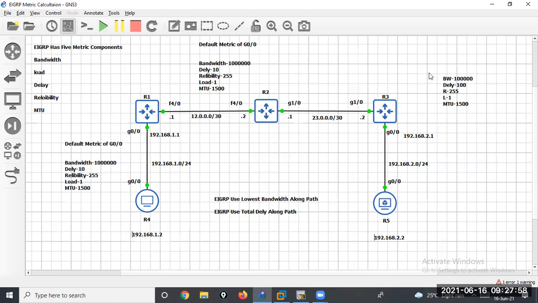See, when R3 receives that network, again it will compare the bandwidth. R3 receives the 192.1.1 network with 100 Mbps, but what is the receiving interface bandwidth? Here also Gigabit 1/0, so the gigabit interface bandwidth is 1000 Mbps, but in the update packet, what is the metric? 100 Mbps only. What is the lowest one? 100 Mbps is the lowest one. That's why R3 will take only 100 Mbps. But what is the delay here? What is the receiving interface delay? Gigabit 1/0, right? So the gigabit interface delay is 10. But in the update packet, what is the delay? 110. So 110 plus 10, how much? 120. So R3 will take 120, right?